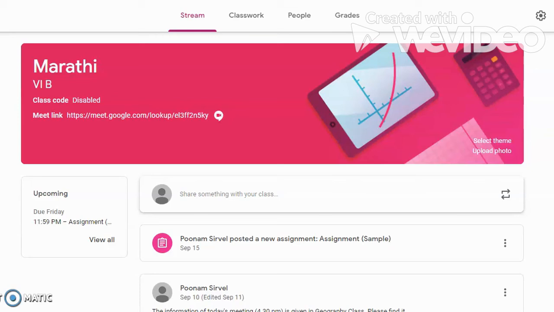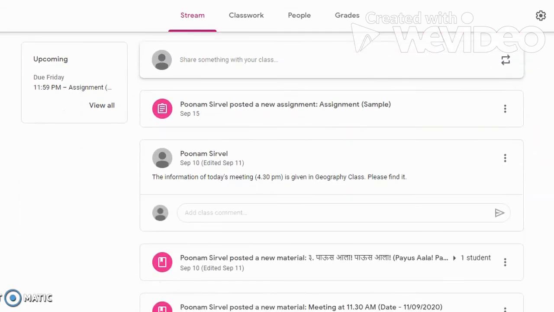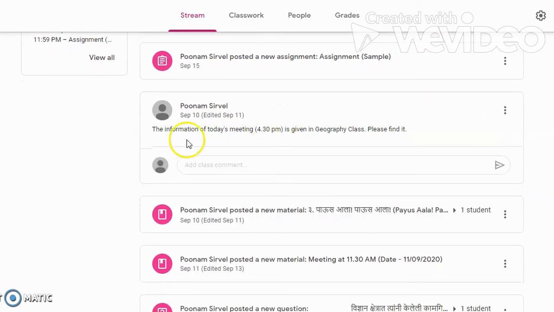So for that reason, I chose the second option, where students can only comment. So when you put up a question, students will be able to answer it over here in the comment box. And so the stream tab will not be flooded with any unwanted post. If you don't want the students to post or comment, then choose the third option.